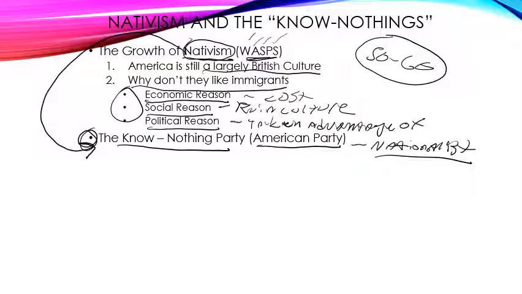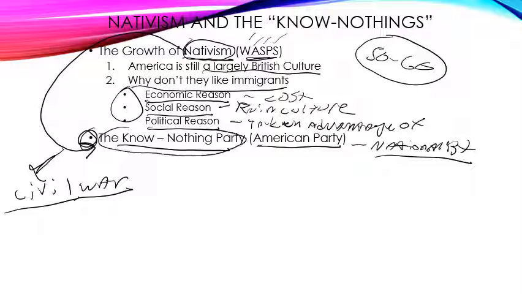And as immigration continues to grow, so does their hostility towards immigrants coming into this country. Okay? What kind of puts an end to the Know Nothing Party is by the middle of the 1850s, as the Civil War is becoming more apparent or more imminent, the Know Nothing Party kind of falls out of favor. The remnants of the Know Nothings probably end up with the newly formed Republican Party, but that's a story for another time.